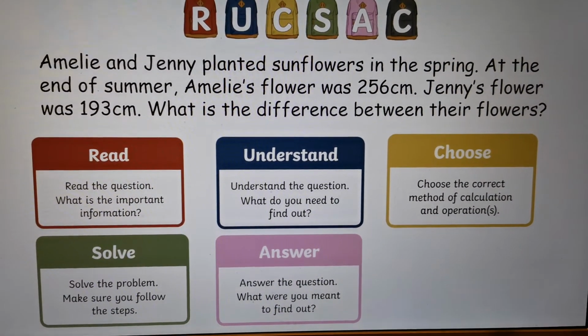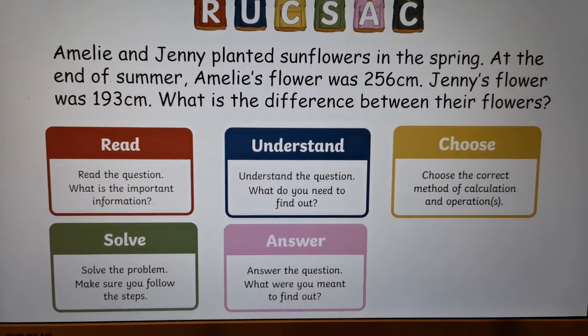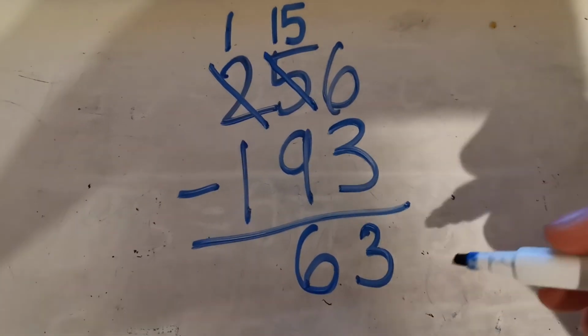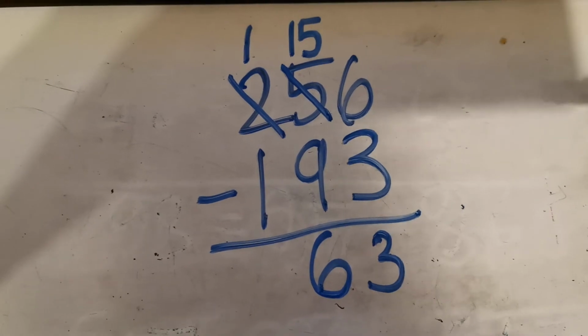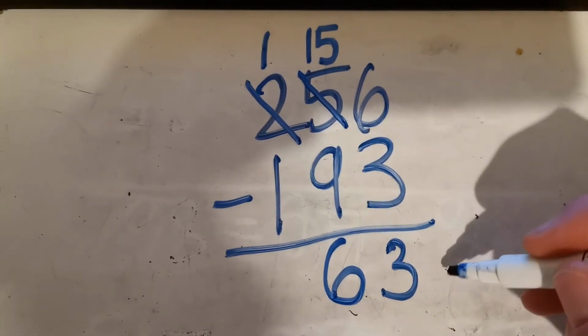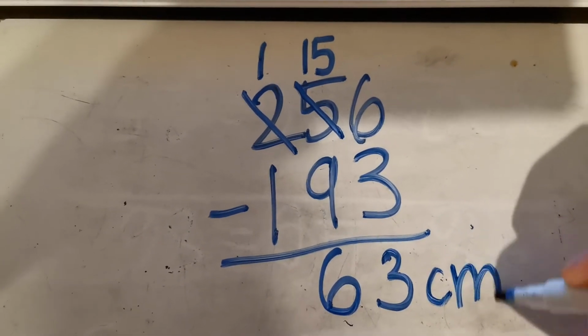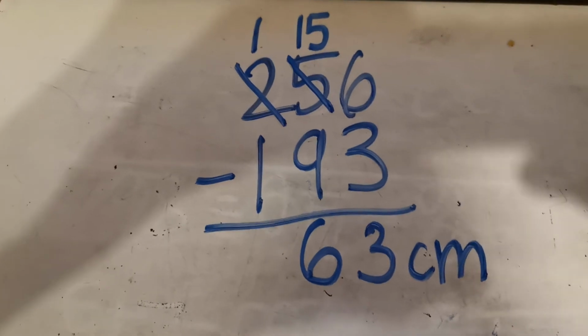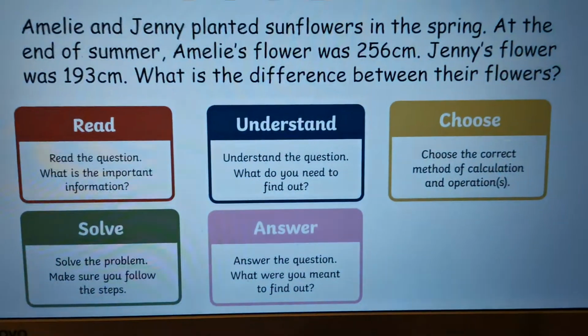Answer the question. What were you meant to find out? All right, so we have an answer, but it just says 63. 63 what? Cupcakes? 63 sunflowers? What do you think? If you put 63 centimeters, you are correct. Yay! All right, now, last but not least,